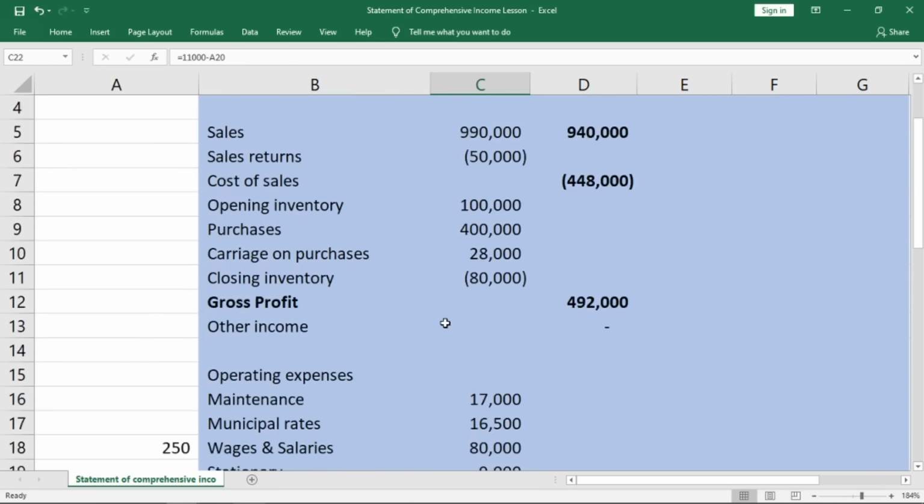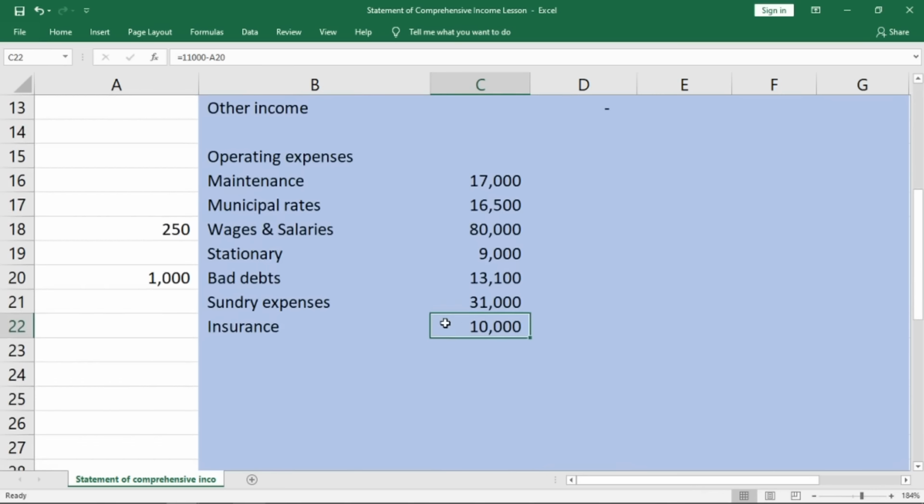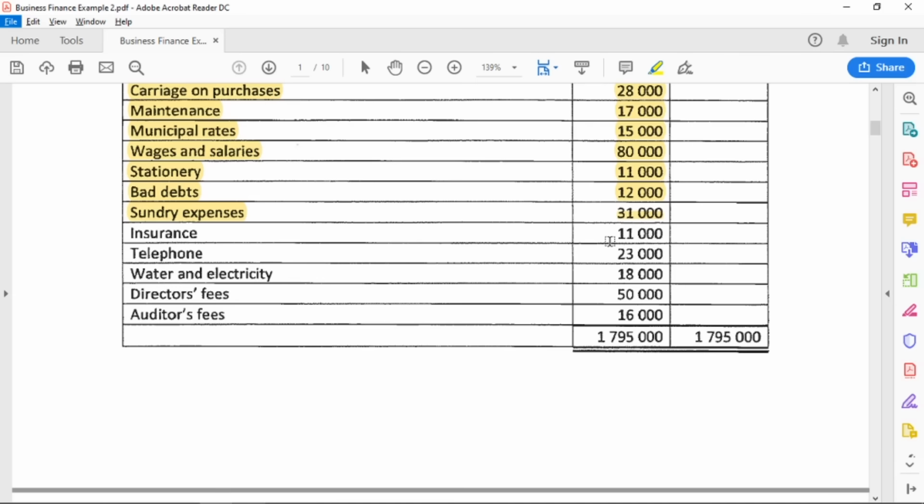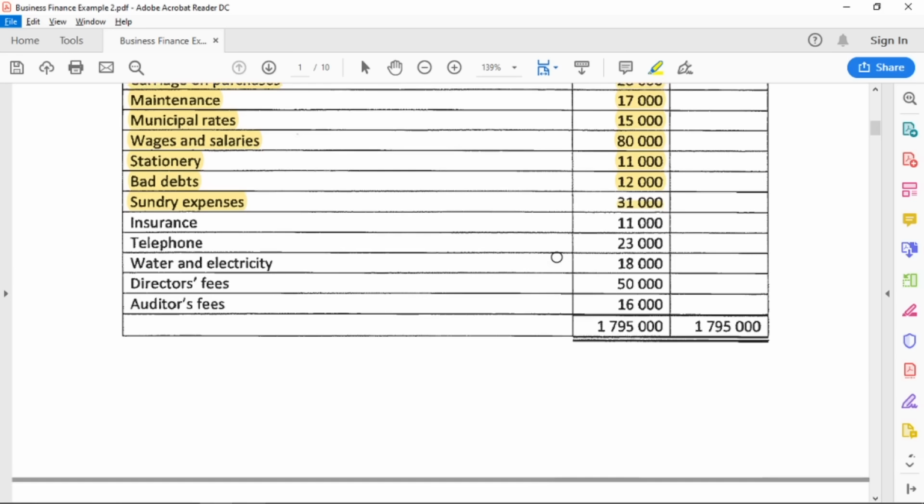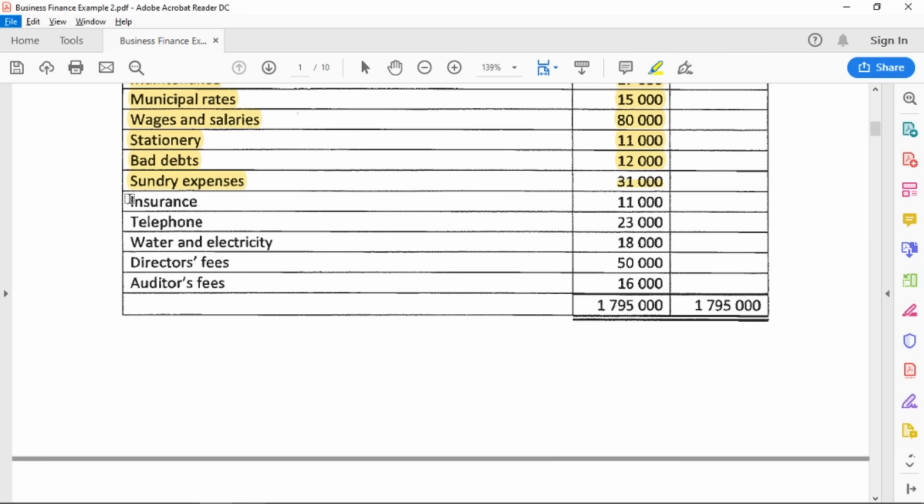I hope that has made sense. I hope the calculation has made sense over here. If you want a different way of calculating it, you'd have said 3,000 times 4 months divided by 12 months to see the amount which does not belong to this period, and you'll get an answer of 1,000 rand. Then you deduct the 1,000 rand from the full amount given in your pre-adjustment trial balance. It's very important to pay attention to detail, because it could have told us that